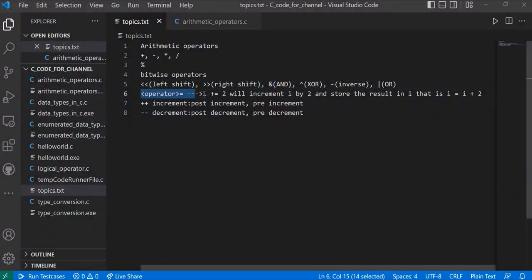And after that, the operator plus equals. For example, I plus equals 2 will increment I by 2 and store the result in I, and that is equivalent to I equals I plus 2. Okay. And then we have